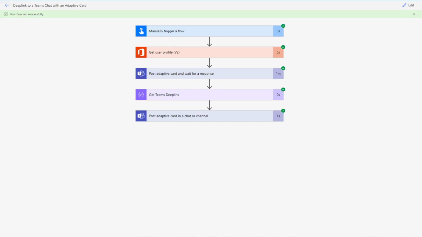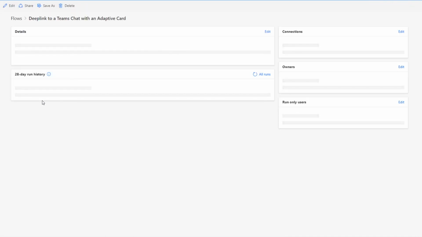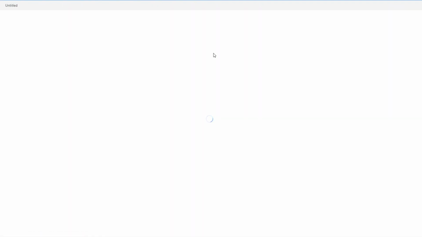Okay, so let's just go back to our flow. So we've seen how we can do this with the get user profile. And I use this as an example because I wanted to get a user that wasn't myself, because I am obviously responding to this adaptive card, and you cannot deep link chat to yourself. So if you wanted to avoid this whole action process here, what you can actually do is use the email from the return responder. So if we go back here and let's just open up our previous run,